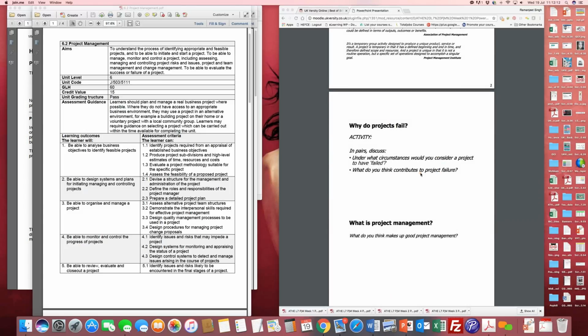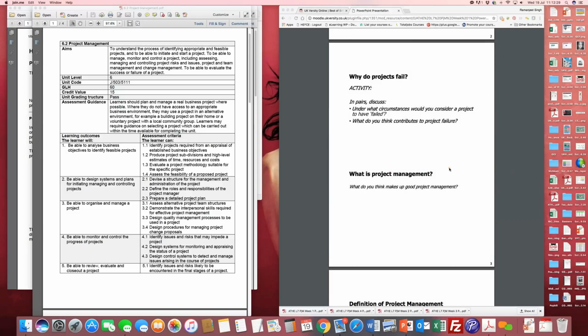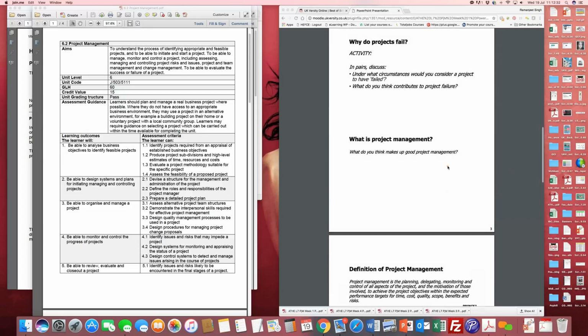So here the feasibility comes in. Technical, sometimes you do not estimate the requirements on the economic side, the human resources side, technical feasibility, or even operational feasibility. And these are reasons which come up here as an activity which I put, which is why projects fail. Then we talk about what is project management, which are the first few slides which